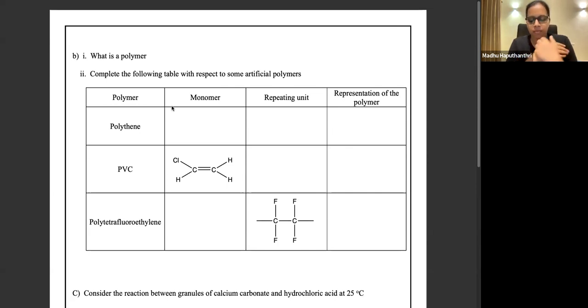Definitely, if any of you are planning to do A-level bioscience or maths, you can join me for chemistry in English medium from June, and we'll pass on the information after your exam results. I think your exam is scheduled from the 23rd of May until the 1st of June. First focus on that and do your best. And definitely, to all the students, I wish all the very best for the exam.